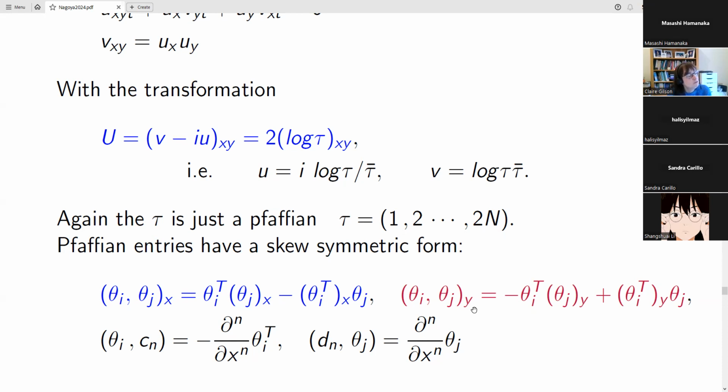But if I differentiate with respect to y, because it has the same weight as x, I again get some expression with y's in it. But notice here that the derivative with respect to y gives something different because there's a change of sign compared with the derivative with respect to x. And again, my boundary terms are just derivatives of these thetas.